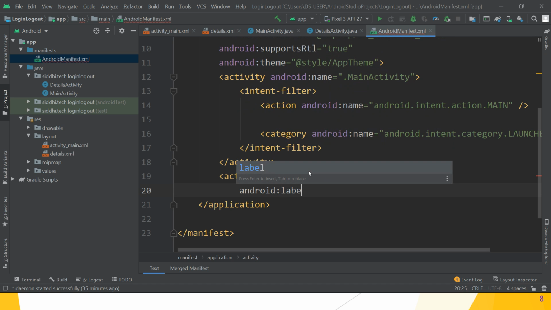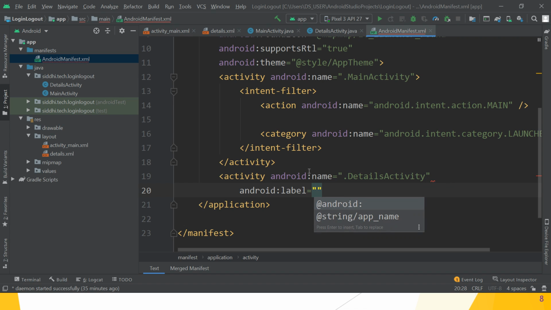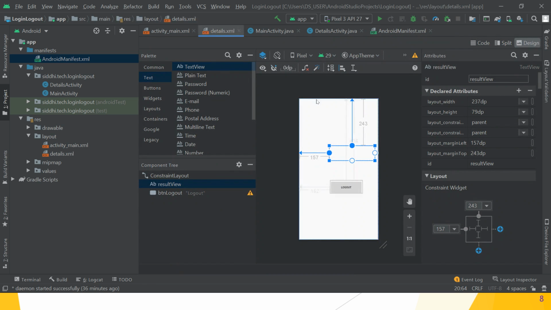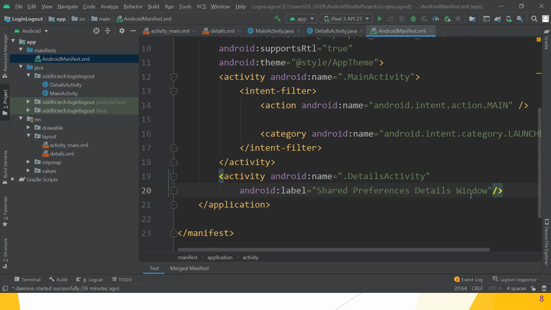This is the label which we want on the second window, that is, shared preferences details window. This is the details window. We set that label, shared preferences details window, so it appears on that details.xml window.